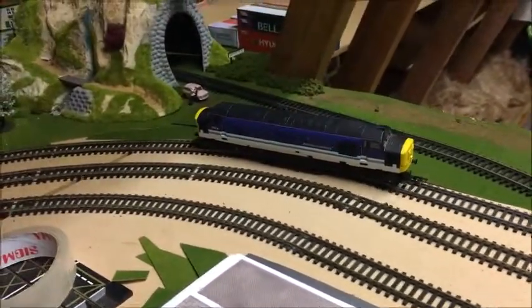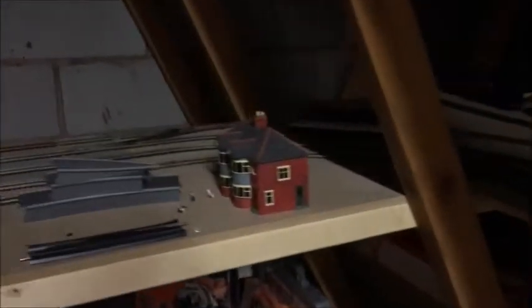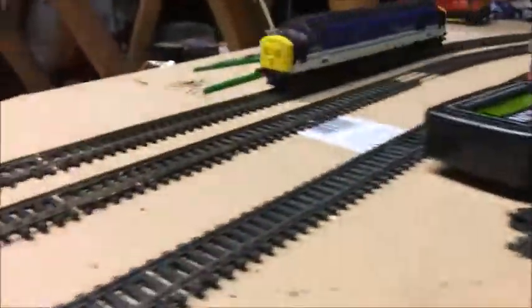Right, there we go. It's about middle speed. She has a momentum thingy on her that she can do in my controller, so that's why she's quite slow getting started. That's supposed to happen. She's slow stopping as well, so that should be fun when we try to stop her. Right, she's off now. Okay, so there she is. She runs very, very smoothly, as you can no doubt see. She's got a very quiet motor, and the main noise you can hear is the sound of her on the tracks. She just looks really, really nice on the tracks, if you ask me. I just think she really does look the part